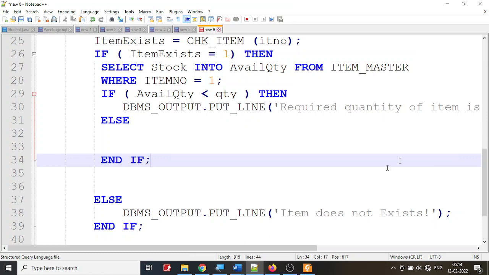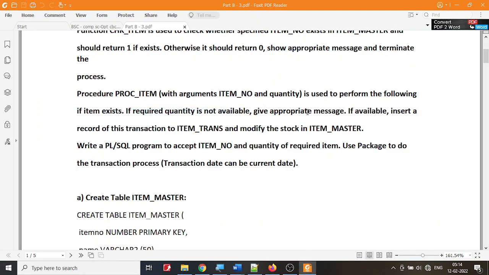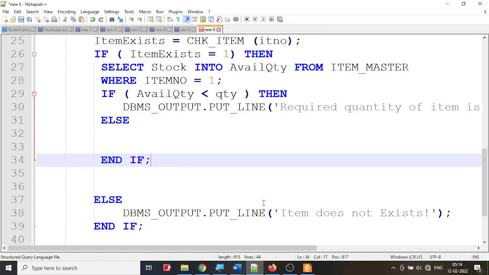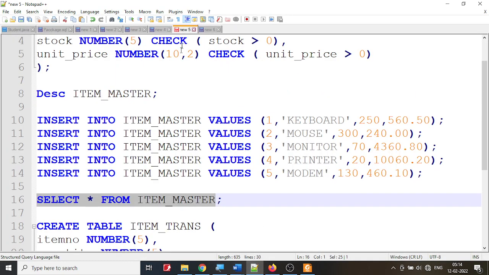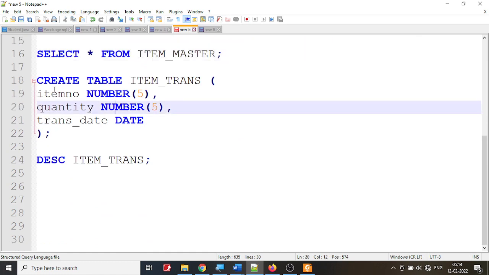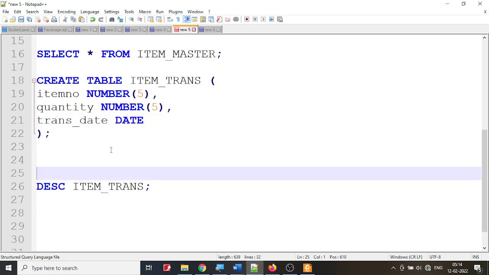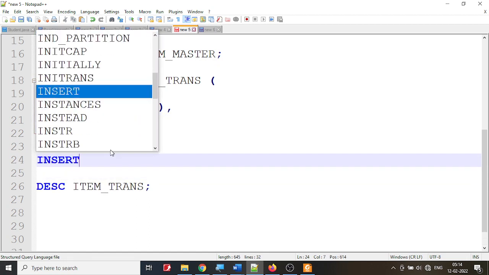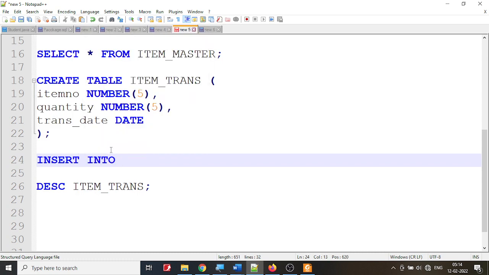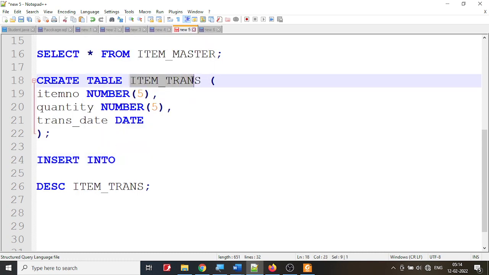Otherwise, what is that I'm supposed to do? Let's look at that. If it is available, insert a record into item transaction. So let's look at the item transaction. We have item transaction where I need item number, quantity, and transaction date. How do you insert a record into this? You say insert into item transaction,